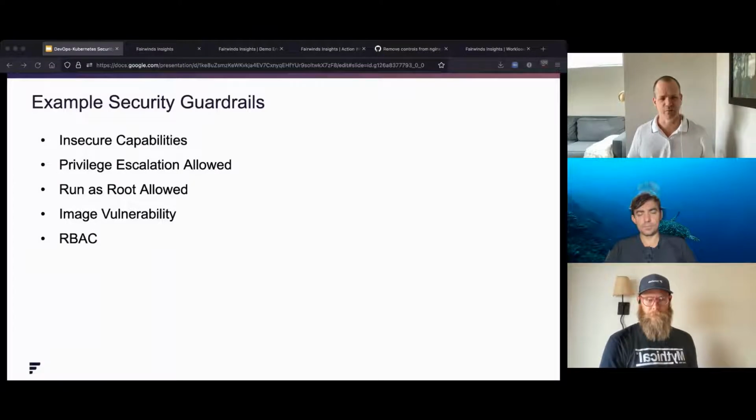Now, there are multiple ways that can happen. One of them is that for the container image that you build, you can have that image specification run as a non-root user. So if you're making a Dockerfile, you could say USER 1001, for example, and it will run as that ID instead. There's also configuration directives in your Kubernetes pod and container specification where you can say runAsUser and give it a UID, similar to what I just described.